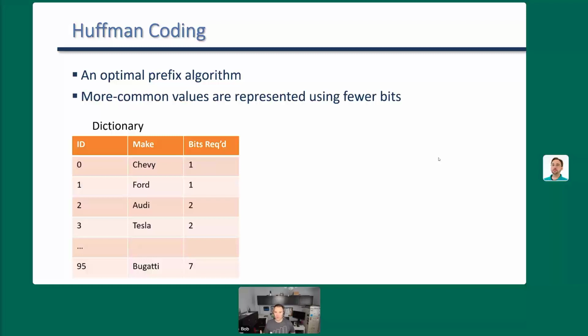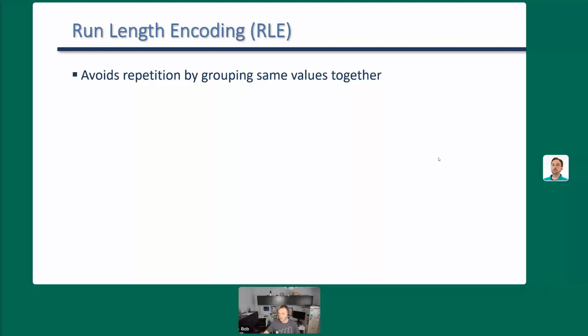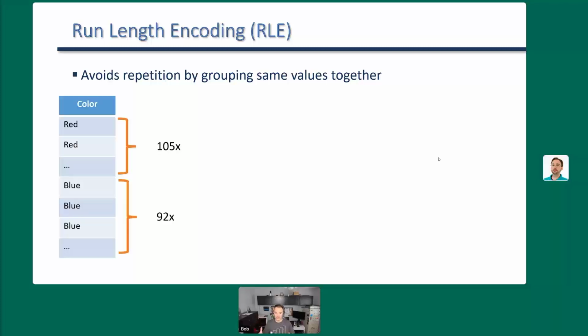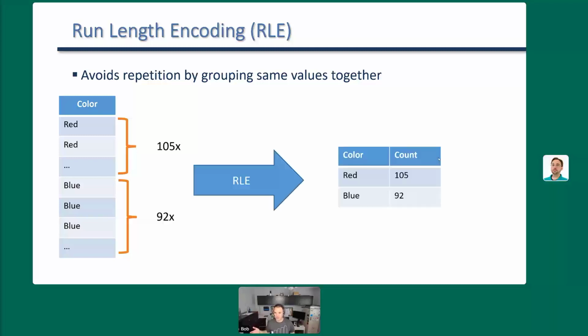Next, we have run length encoding, and this will get rid of repetition by grouping values together, provided they occur next to each other. So what I mean here is, let's say we're doing colors. We have red and blue. If we have the data sorted and there's 105 reds followed by 92 blues, well, I don't need to store the value red 105 times. I don't need to store some dictionary value for red 105 times either. I could do something much simpler and say, hey, run length encoding, the first 105 values are red, the next 92 are blue,